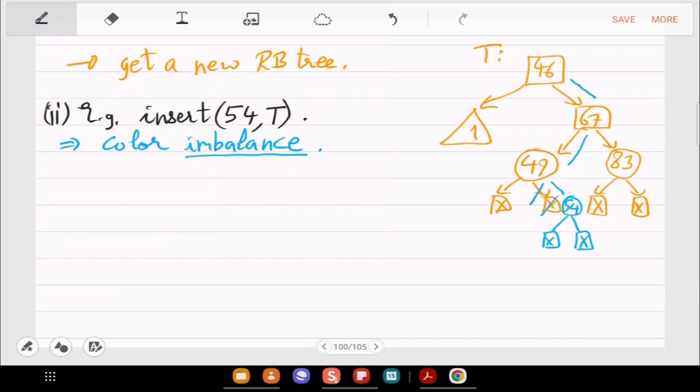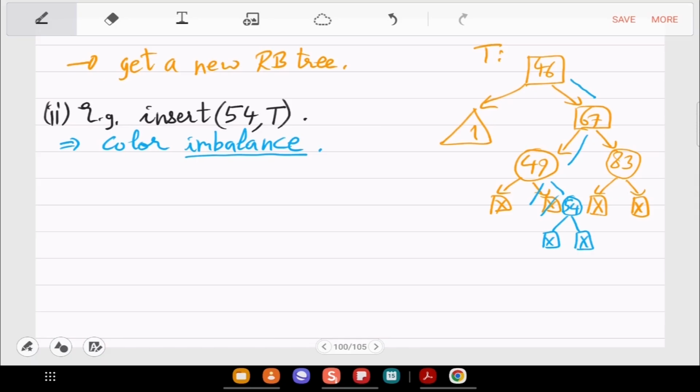So what do you do now? We can make 49 black. Will it be fine? If we make 49 black, then the black height will become 4 in that path. So there will be a black height imbalance.